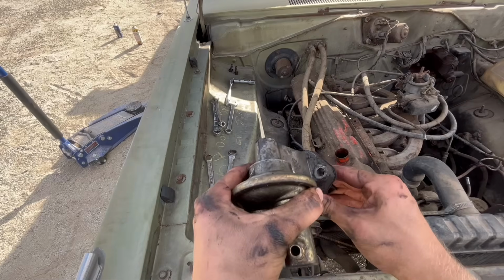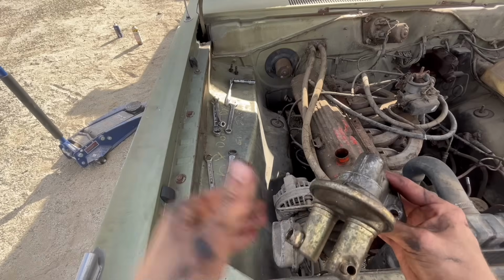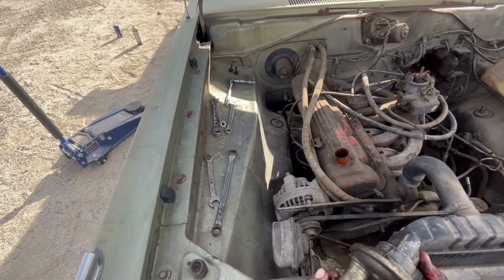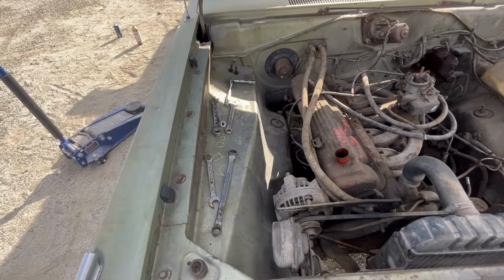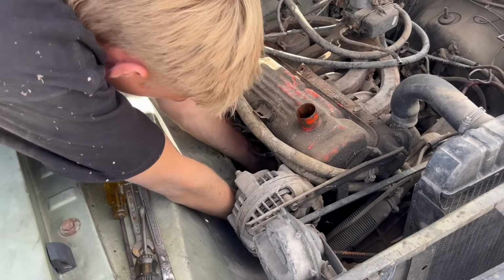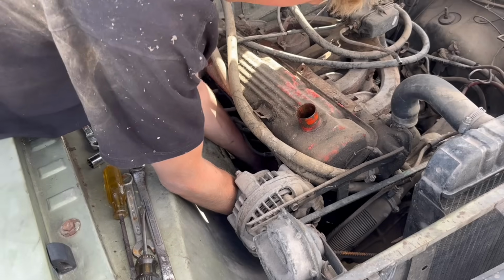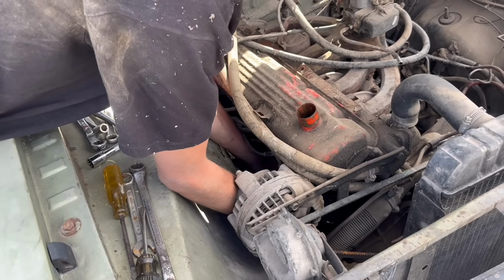Okay, so here's our fuel pump that wasn't working very good. Very old gas in there. Just leaking everywhere, so I'm gonna get out of here. So the motor mount down here is pretty much not very much there. So we'll see if I can even get the fuel pump